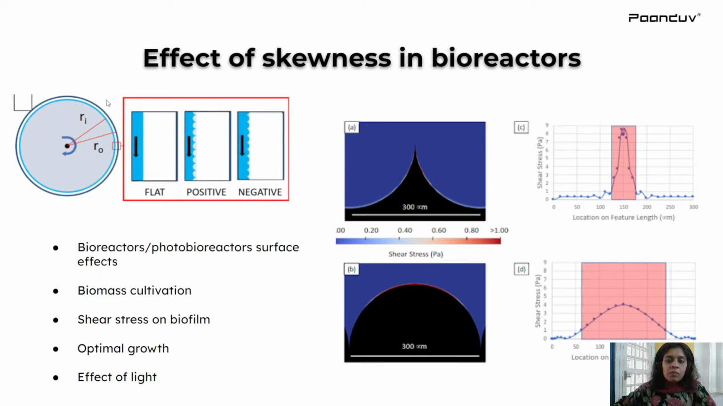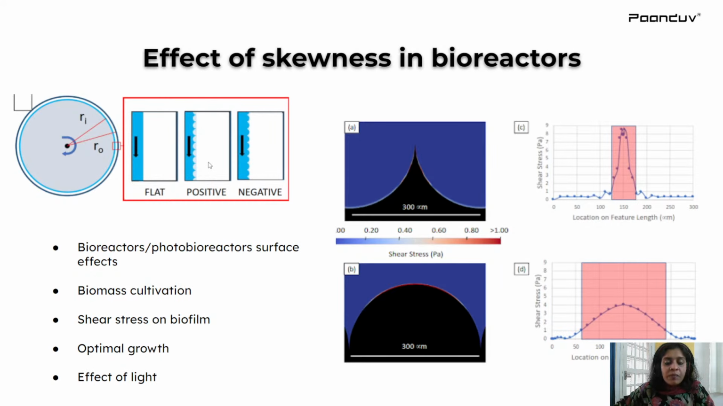Now coming on to the closed system, which is the bioreactor systems or photocatalytic reactor systems, wherein the topology of the internal surface of the reactor plays a very important role, and that's what we wanted to understand through this study. Here is a reactor with certain outer dia and certain inner dia. The internal surface topology was changed from flat to positive skewed surface and then negatively skewed surface, and we wanted to see if the biofilm forms in this particular reactor